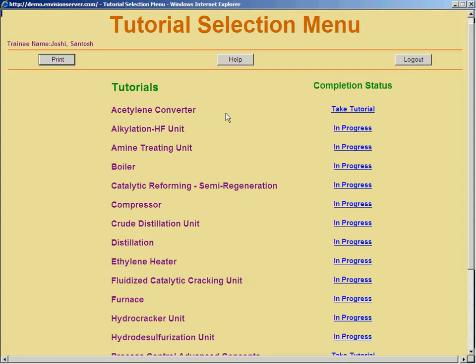Acetylene converter, it's a back-end reactor in an ethylene unit. HF alkylation unit, we also are in the process of developing one for sulfuric acid. Amine treating unit, it teaches about high pressure and low pressure absorber as well as LPG contactor and amine regenerating unit. A process boiler, reformer, both fixed bed as well as CCR, centrifugal compressor with lube oil and seal oil system, crude distillation unit